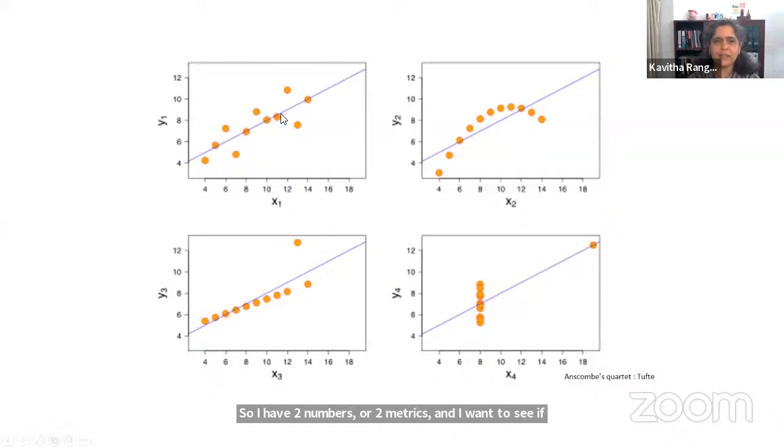So in the first one, these are the data points, and this is the model that has been fit, the linear model, the blue line. Can you see this and venture whether the model is a good fit for the data? Does it capture the data sufficiently well? Maybe you can put your answer down in the chat window. So here you can just think about yes or no. Do you think it fits the model well?